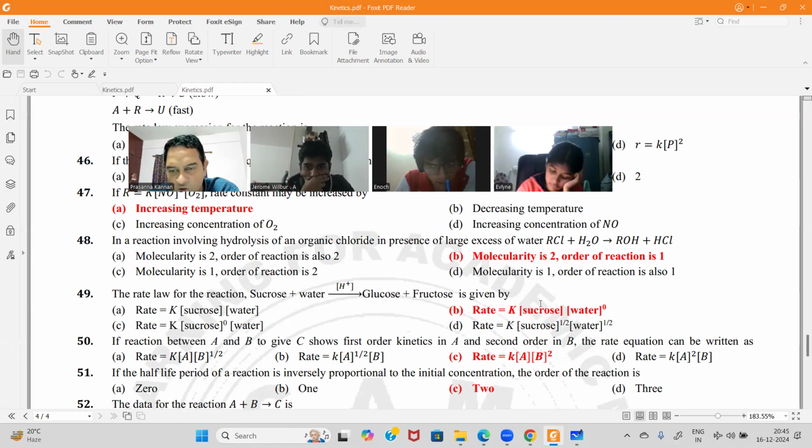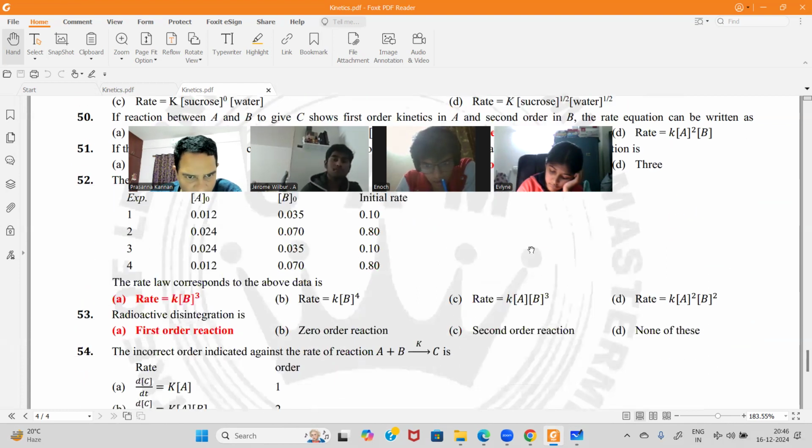The rate of the reaction only depends on the concentration of sucrose and not that of water, because you're taking water in large excess in this particular reaction. Okay. Now,